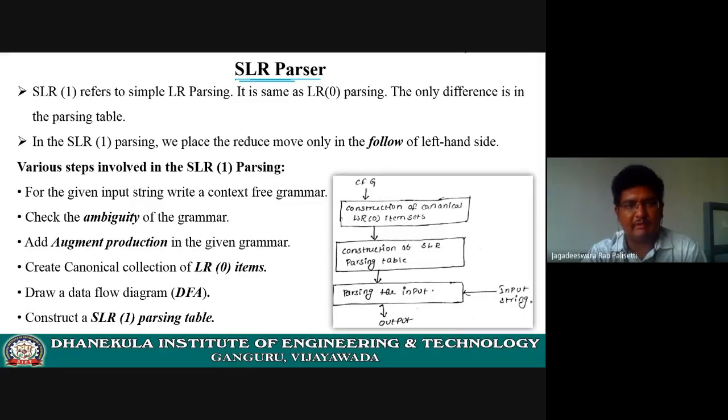That is the only thing when you compare SLR with LR(0). Here also we need to perform all those steps we discussed in the previous classes, starting from considering an input string and taking a CFG. Start from the first step. We need to do all those 6 or 7 steps we already saw in LR(0). In addition to all these 7 steps, the most important thing to remember is that in SLR you need